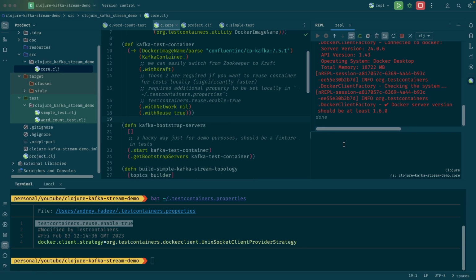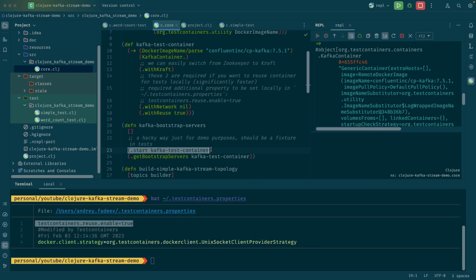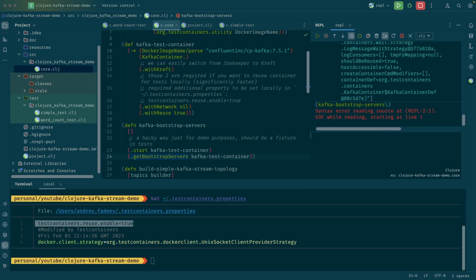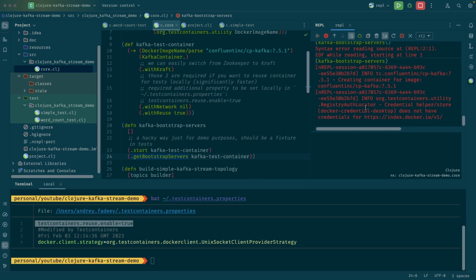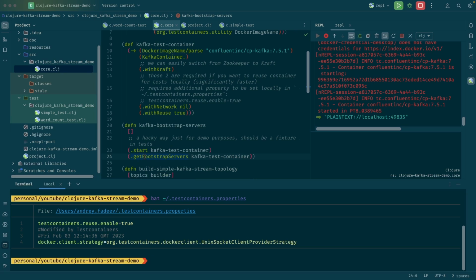So this Kafka test container is just a definition of the container, and then you need to run the start function on top of that. After that, you have an option to get some information from the container. You can think about it as a convenient interface to your Docker container from the code, with some additional features. So we can do Kafka bootstrap service,